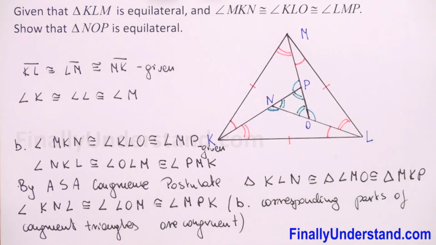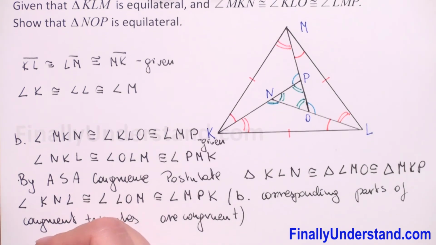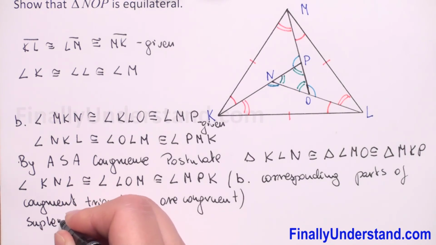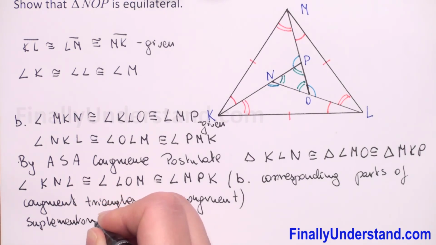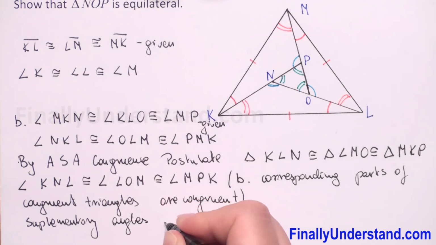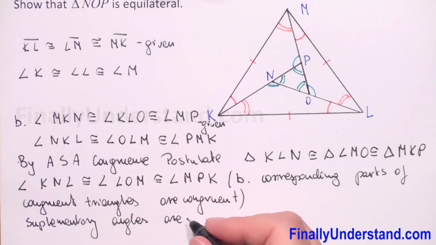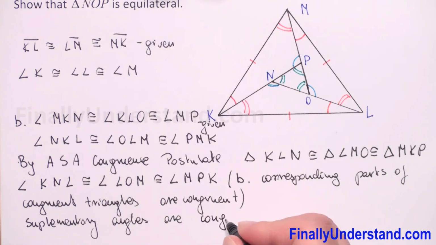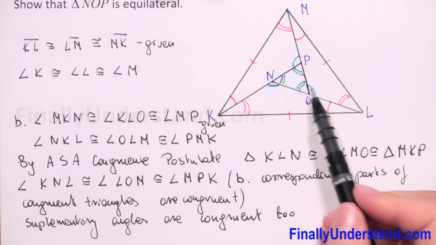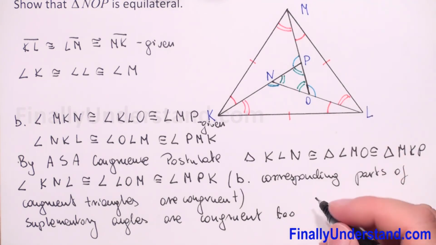We can write that supplementary angles of congruent angles are congruent. So if these three angles are congruent, I can write that angle NOP